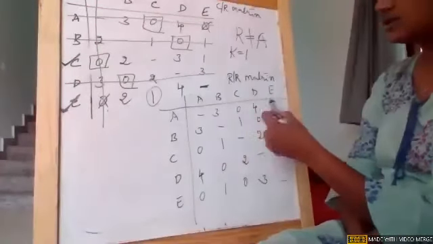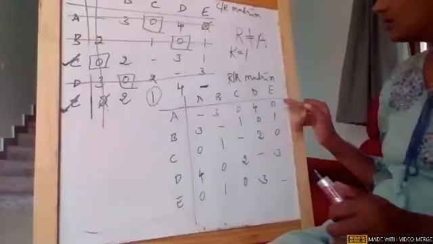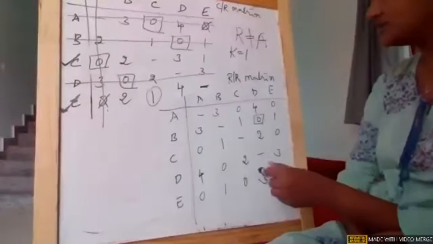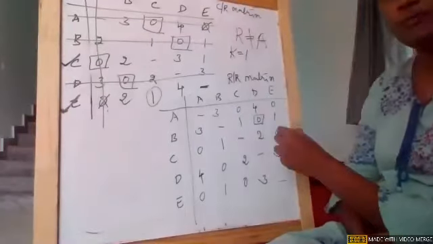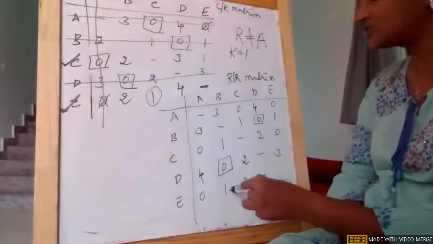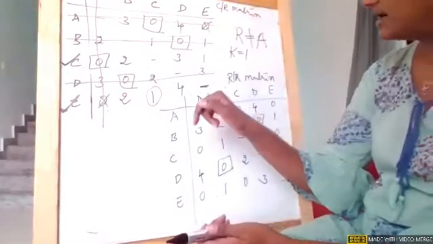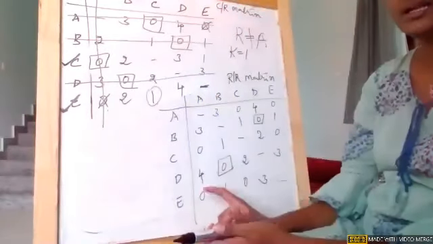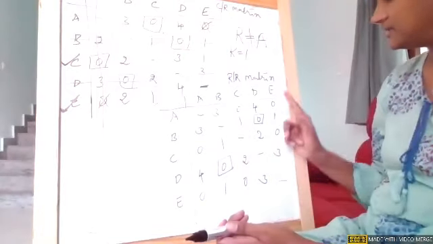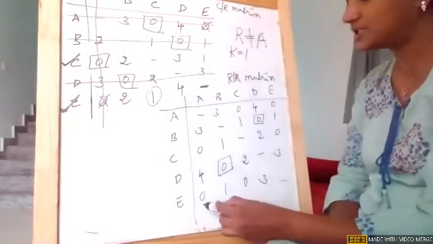Start assignments. First row, multiple zeros, no. Second row, single zero, make an assignment, and cross the corresponding column zeros. Third row, multiple zeros, I can't make an assignment. Fourth row, there is a single zero, make an assignment, and cross the corresponding column zeros. Fifth row, there are multiple zeros. Now come to column wise. First column, there are multiple zeros. Second column, there is an assignment. Third column, multiple zeros. Fourth column, again multiple zeros. You can see the zeros are at which position?